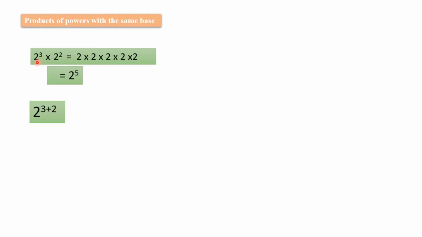So what are you supposed to do? When you are multiplying the same base, you write the same base. You don't worry about your base. You have to add the indices. You learned addition in grade 1 and 2, so easily you can do it. This lesson, the product of powers with the same base, only needs your knowledge from grade 1 and 2 because it is only addition. Keep the same base. Shall we check some examples?